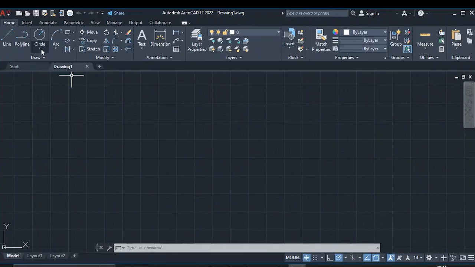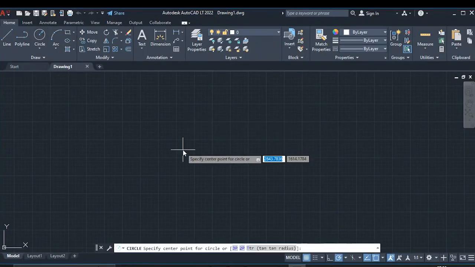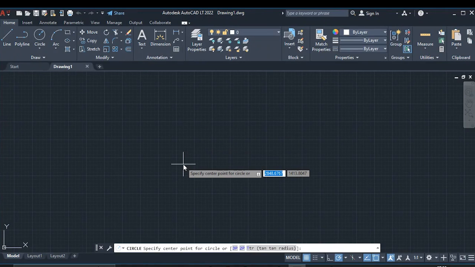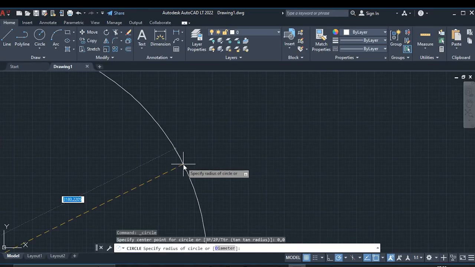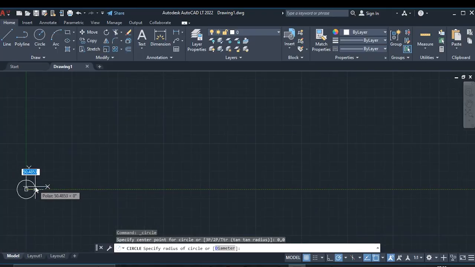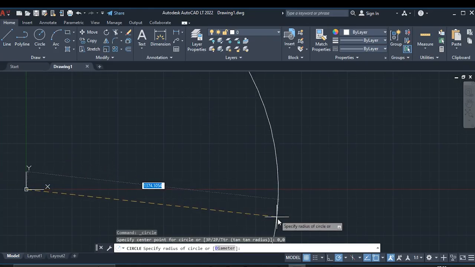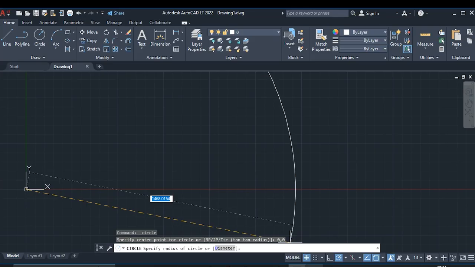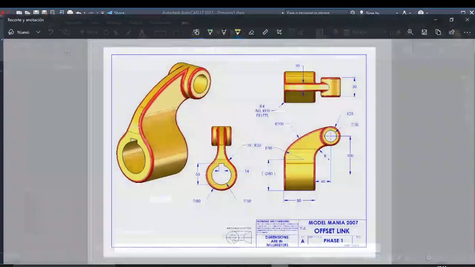So let's start. First, we're going to make a circle to start in the center. Press C, enter. As you can see, let's start in the center. So the measure is